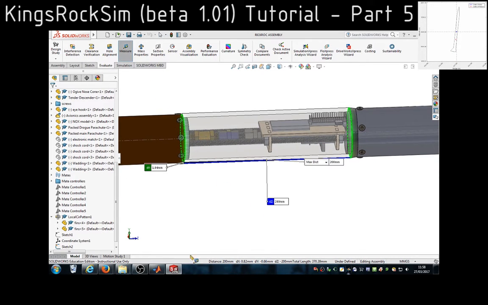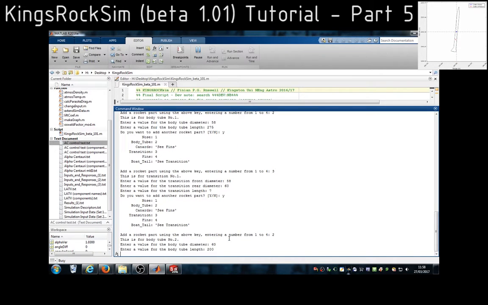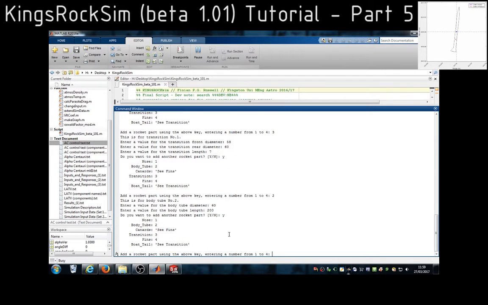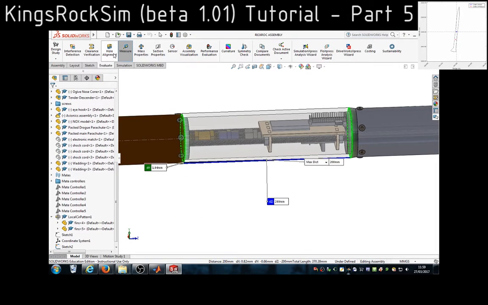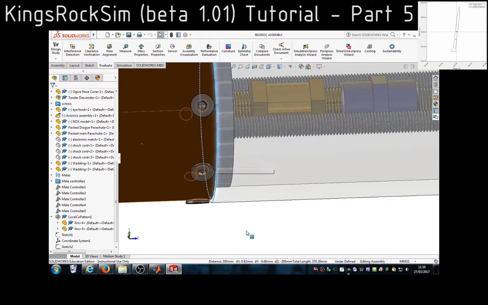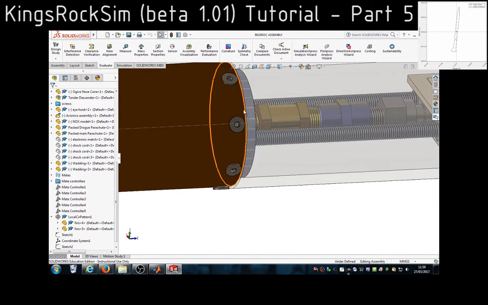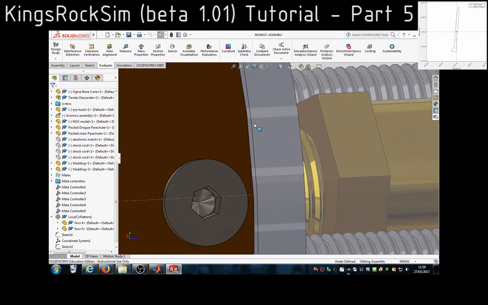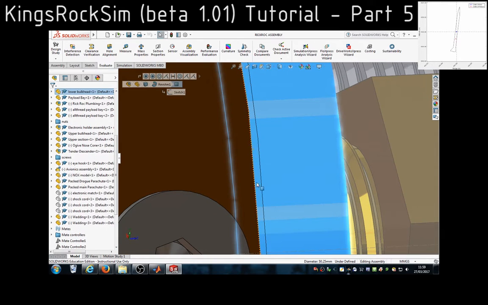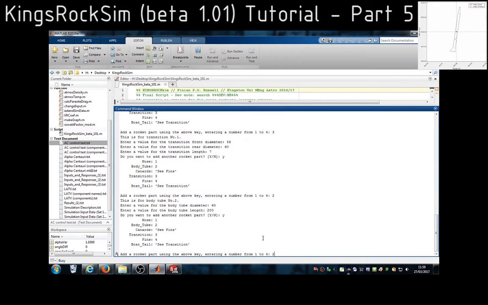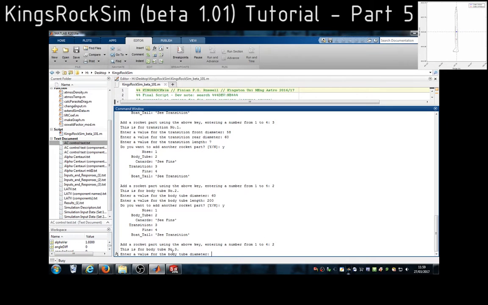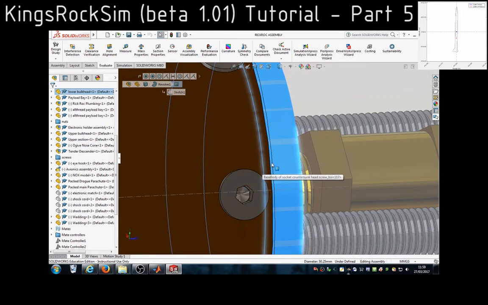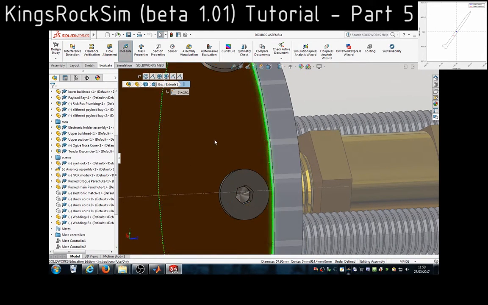Now with some other rocket trajectory simulator programs, this would cause a problem. This might react like a bug in the program. They can't handle it. It's not a problem in this simulator. The rocket will be accurately represented. So I get the diameter of this new body tube, it's 57.9, and the length, being the longest body tube